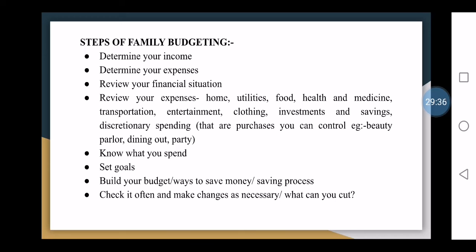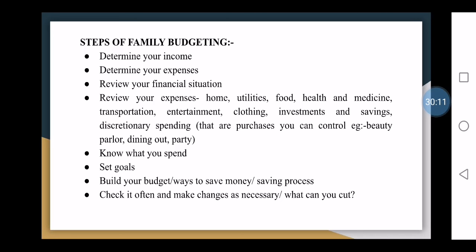So if you make a balance, such type of changes you should be always willing to make in family budget. It is not always that once you set it, you cannot change it. Family budget you should always check often, and you should undergo changes so that necessary changes can be made in order to cut off the expenditures, so that you can have a strong saving income, so that you can have a good family budgeting. So these are some of the tips or some of the steps for a proper family budgeting.